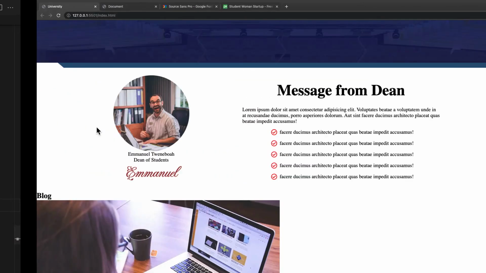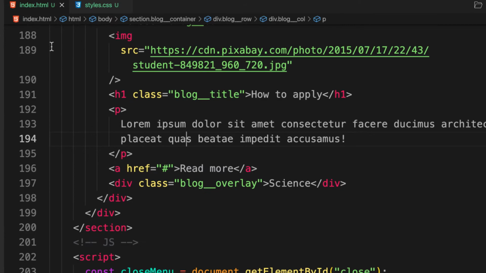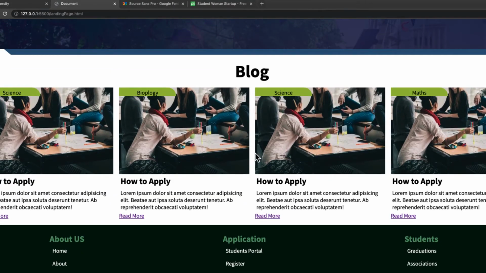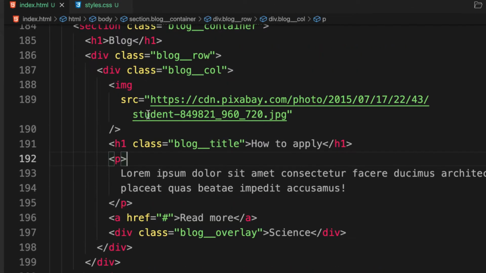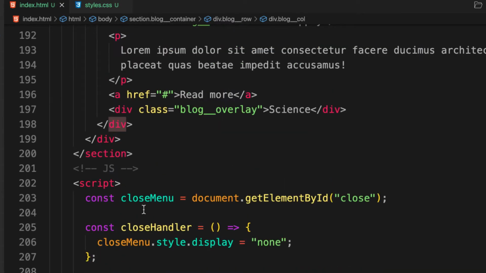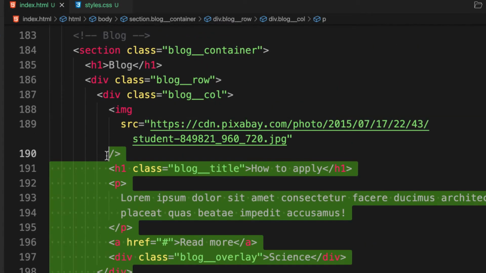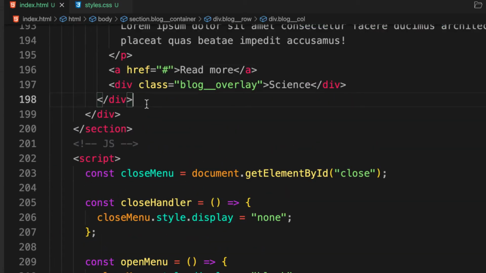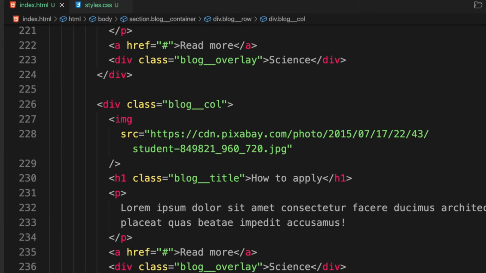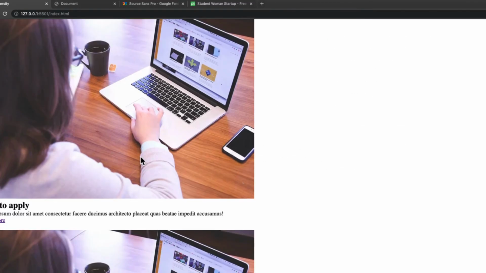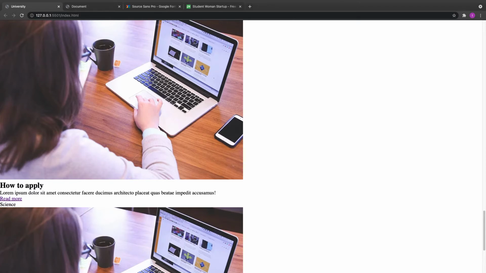There we go. So let's copy them. How many do we have? We have 3 or 4 for the final one, four times. So let's copy the columns. This one, line number 187 columns. So let's select that and then paste it 3 times, right? So 1, 2, 3. Save it and let's check it out. We have 4 times. So let's do magic with it to style the